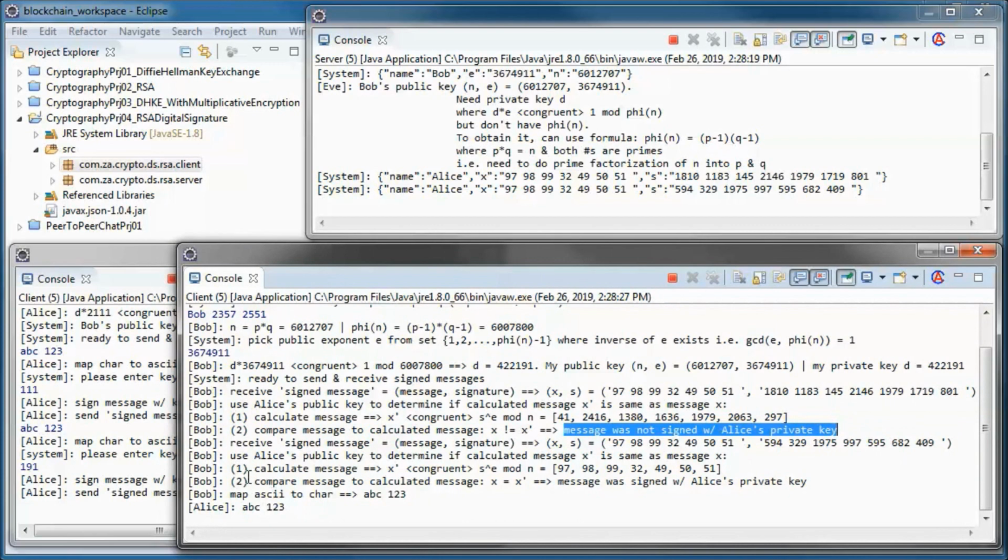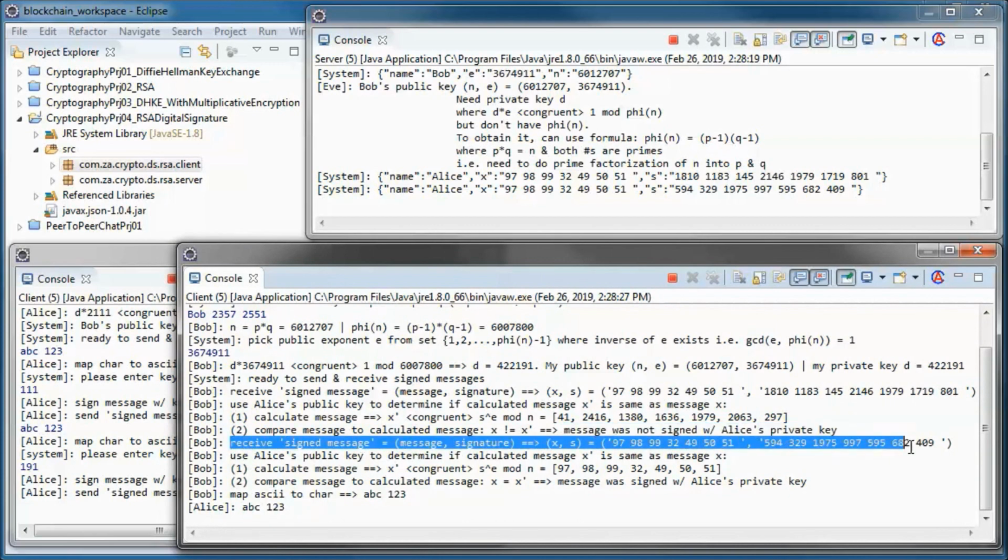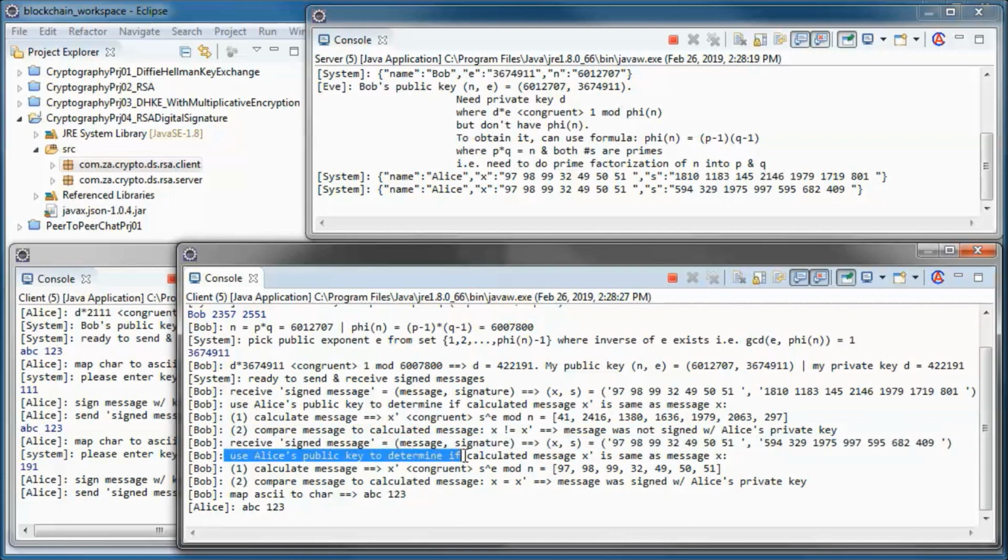Now Bob receives that signed message and uses Alice's public key to determine if the calculated message x prime is the same as the message x. So this turns out to be x prime, and it is actually the same as x. So the message was signed with Alice's private key.